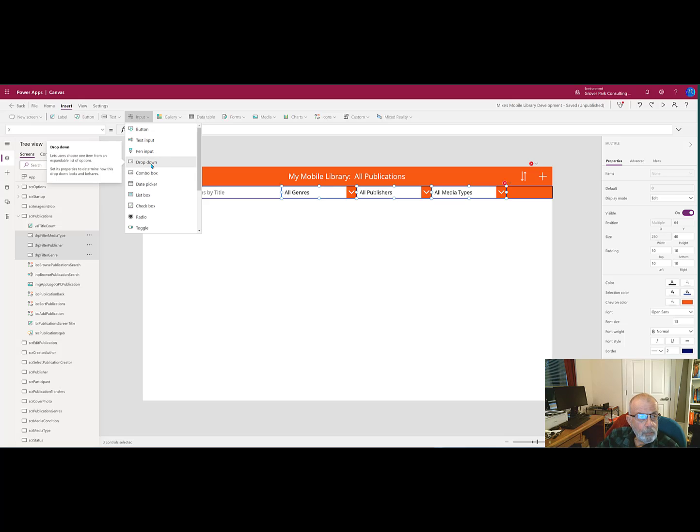A drop-down only allows selection from one of the choices within that list. So that's the key difference between the two, whether or not you can search with a free-form text box in a combo box. In my experience up at this point, I'm more comfortable using the drop-downs, but certainly either one